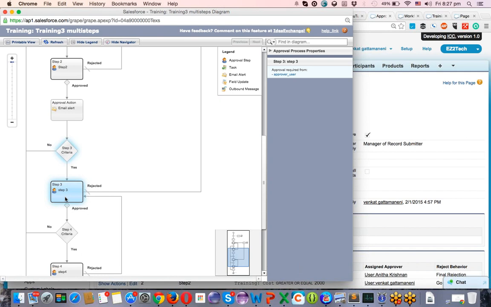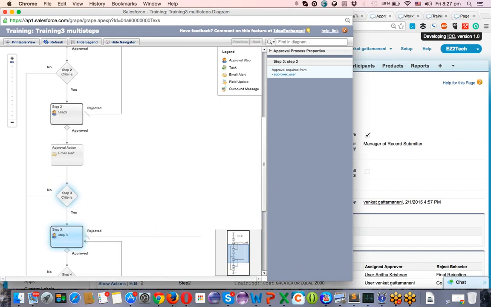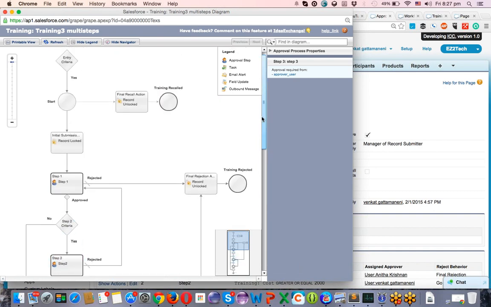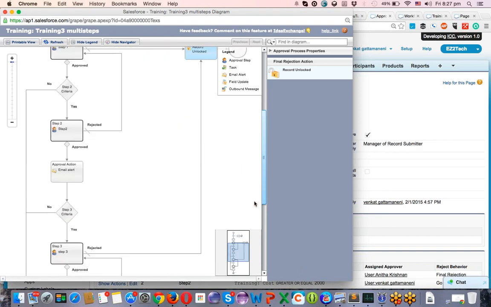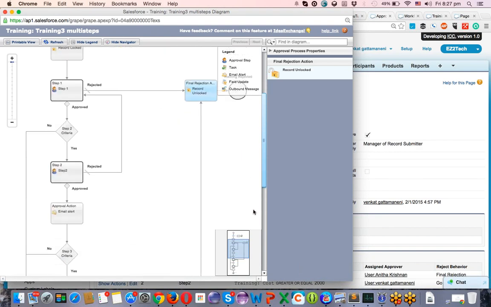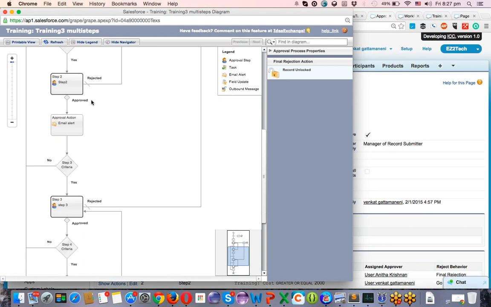When you have rejected at the third step, it will not go to the second step. See, it's not going to the second step. It's directly going to the user rejection. The training record is directly rejected. If the rejection is happening at the third step, it's completely getting rejected. If rejection is happening at the second step, it's going to step 1 again.